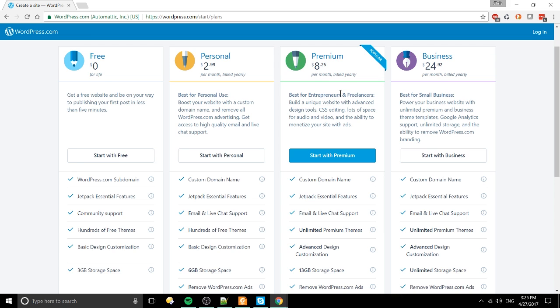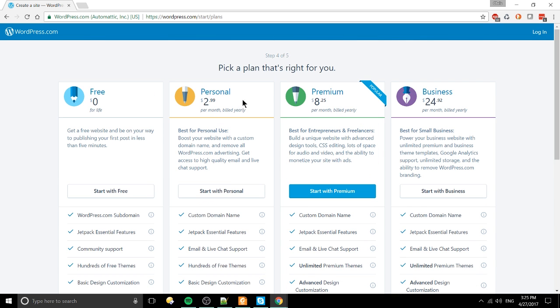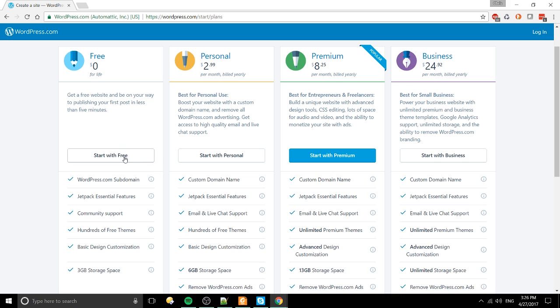Alternatively, you can upgrade to one of these packages later on. I think at Personal, it does eliminate the advertising. Yeah, remove all WordPress.com advertising. The alternative to choosing these premium packages in the future is to go with a premium hosting service, something like DreamPress, basically, or if you're really feeling adventurous, something like DigitalOcean.com, which would require you to be kind of technical, so I wouldn't really recommend it. But here we'll just start with free